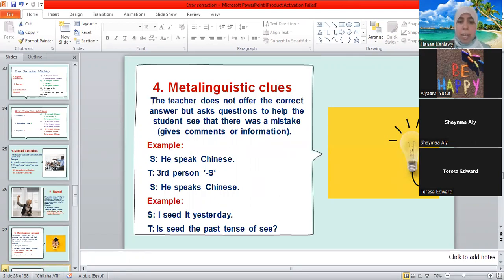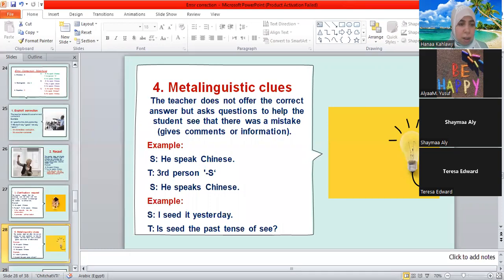Okay, so "said" is the past tense of say, not see. So with the meta-linguistic clue, I give him a clue that "said" is wrong, it's not the past form of see. Students here will correct themselves and say, I saw him yesterday, or I saw it yesterday. Okay, self-correction again.